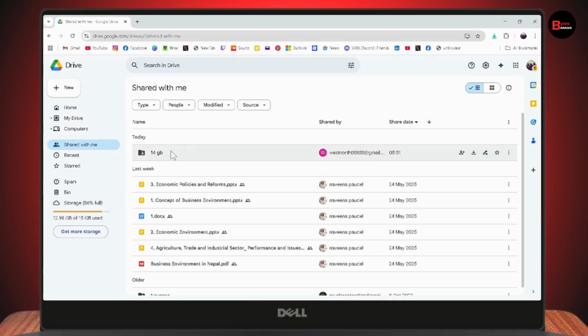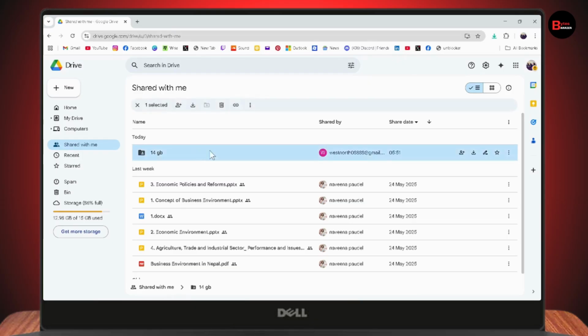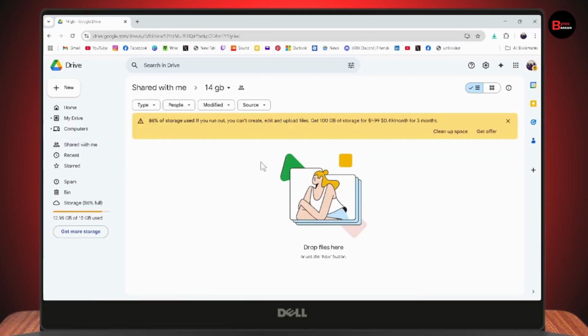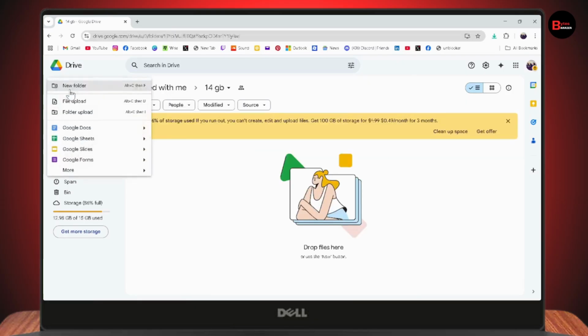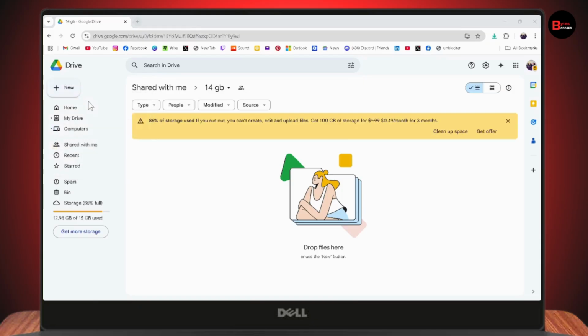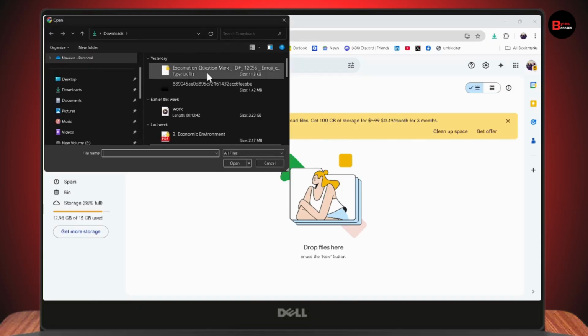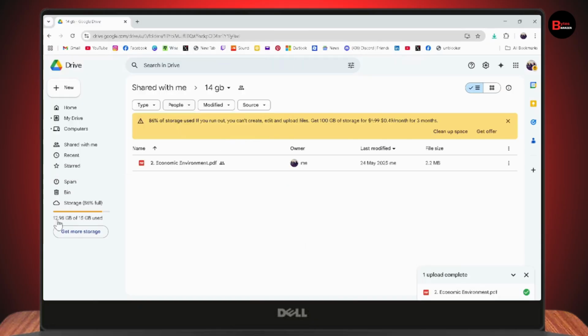And here, as you can see, you will have 14 GB. So you just need to open this drive, and after opening, you can go and upload something. I'll simply go with new, then file upload, and upload something right here. Once I've uploaded, you can see that I previously had 12.98 GB, and even after uploading this file, it has not changed. It's still 12.98 GB, which means I can upload 14 GB of my data right here in